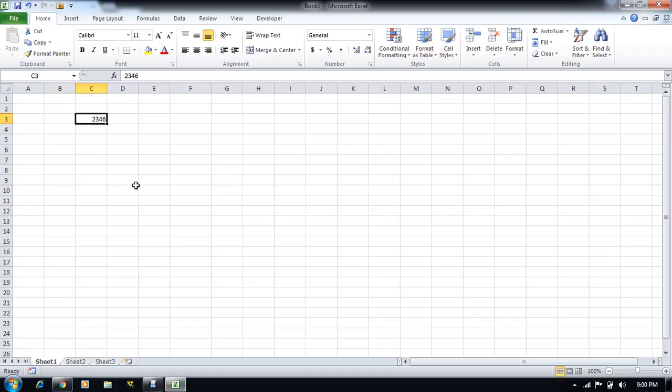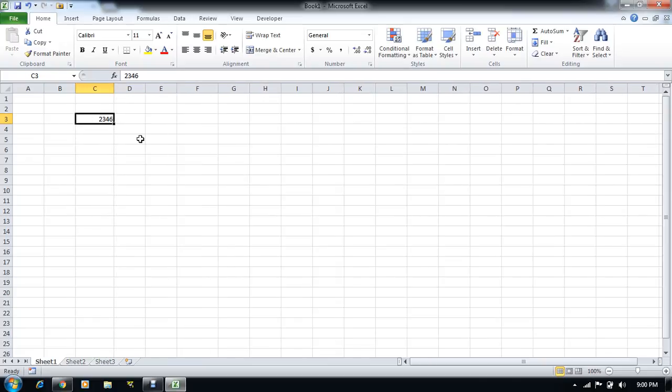Just be aware of that. Whatever numeric type data is in Excel, by default that data becomes right aligned.